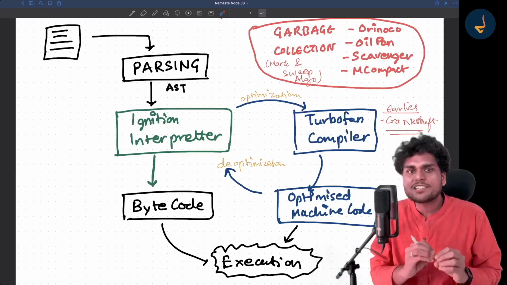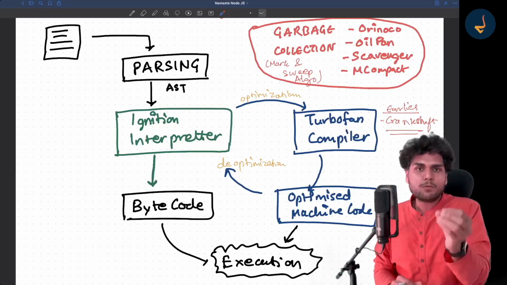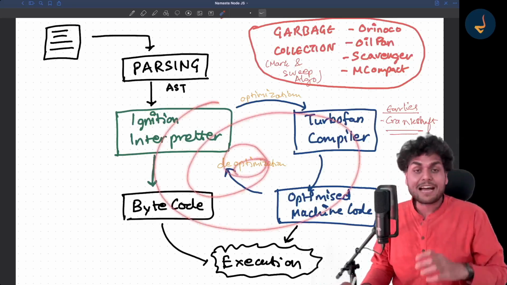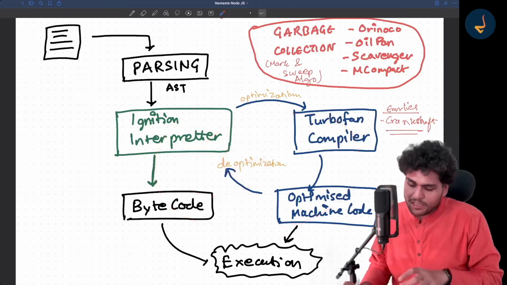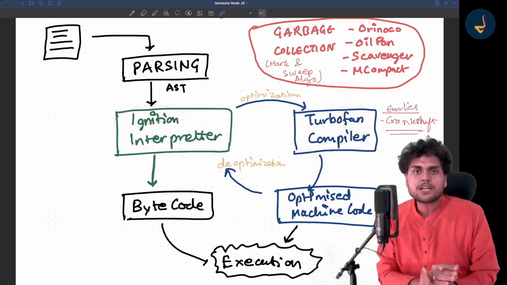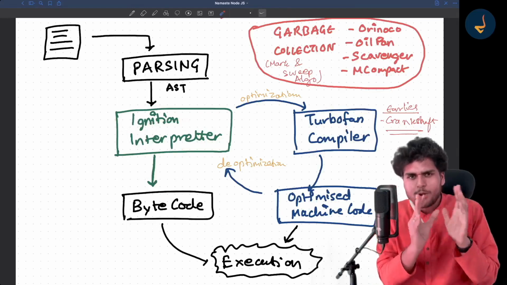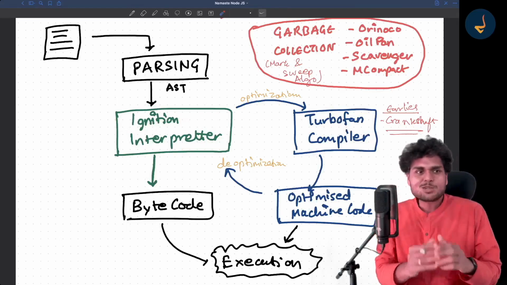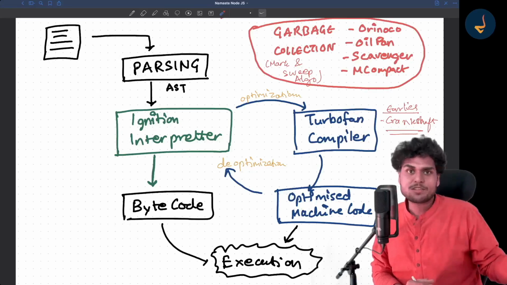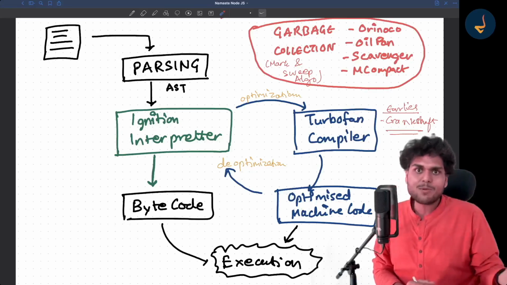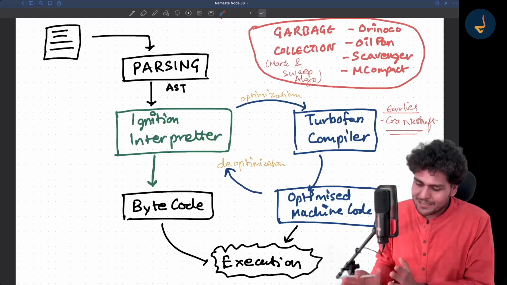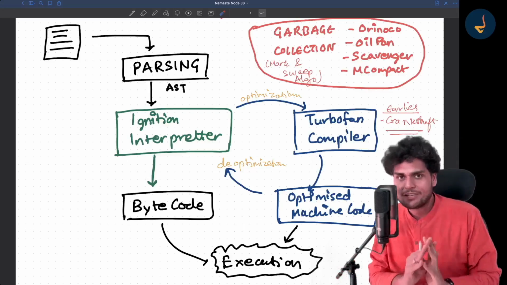Knowing the architecture of the V8 engine works well for you, but for your understanding, I am just telling you that these things can be different in other browsers also. Whatever I am talking about, Ignition Interpreter, Turbofan Compiler, these things are very specific to the Google V8 engine. You should know this, otherwise in your interview you might say that Mozilla Firefox's JavaScript engine SpiderMonkey or other JavaScript engines also work in the same way. No, that is not the case. This was very specific to the V8 Google engine.